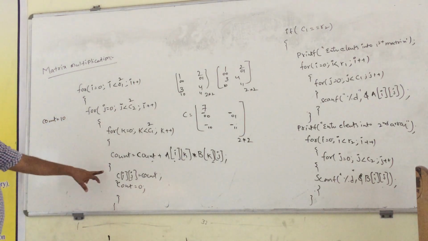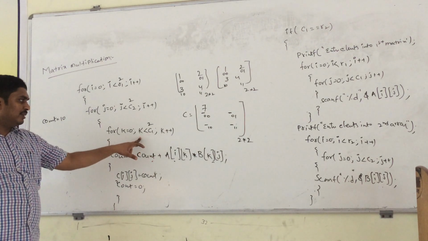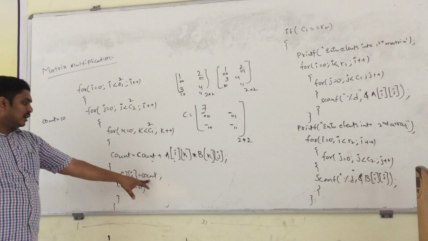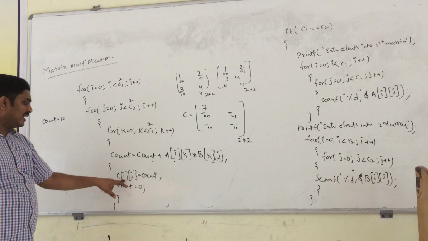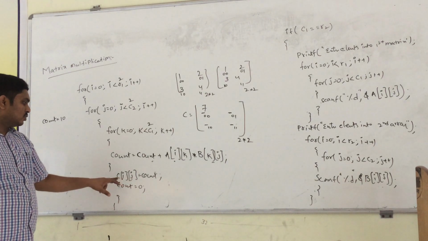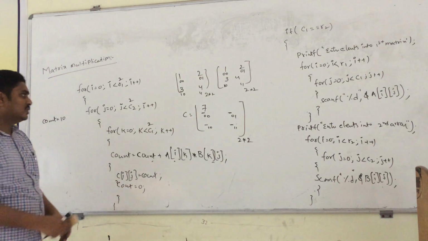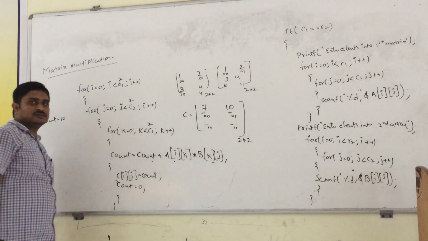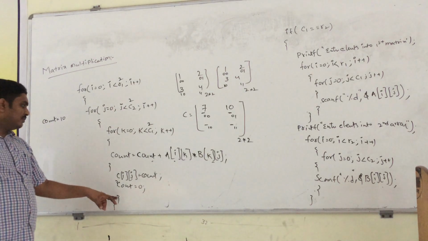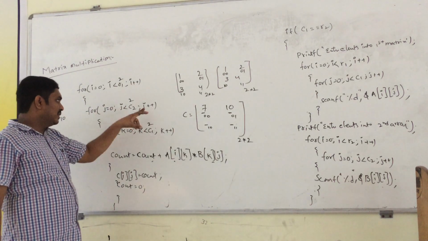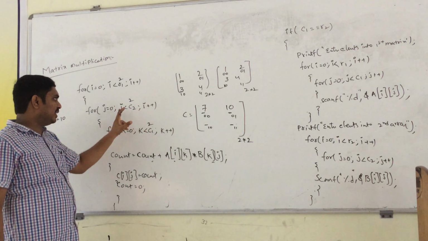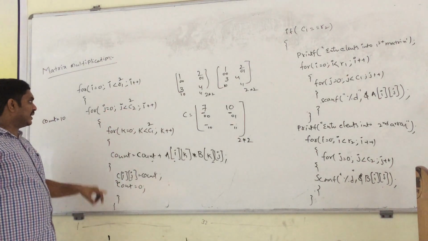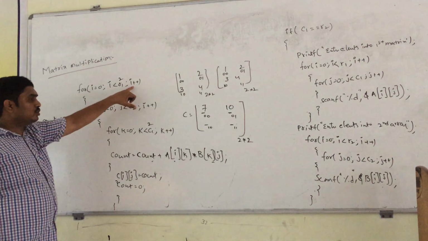Loop ends. After the end of the loop, the k value is incremented and it will be 2. 2 less than 2, condition false. So it terminates the loop. Then the count is stored in C of i value 0, now j value 1. So the value is stored at the 0 1 position. That means here the count value 10 is stored. Then the loop ends. Then j value is incremented. j value is already 1. After incrementation it will become 2. 2 less than 2, condition false. So the j loop terminated. Then this is the end of the inner for loops. Then i value is incremented.